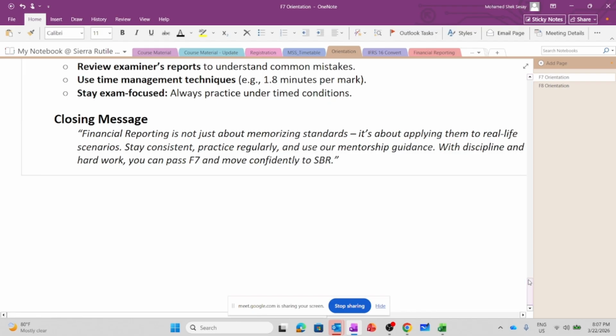So basically, this is the end of the orientation session for financial reporting. We need to discuss on the group the day within the week, from Monday to Thursday, that we are going to select for the live online class. And also, we need to arrange the time. Why I decided to put it at 7:30 is because for the Muslims, we are going to pray at 7:10 after 7. So it is better that after we have completed our prayer, then we can start the live online class, but we can discuss the time as well.